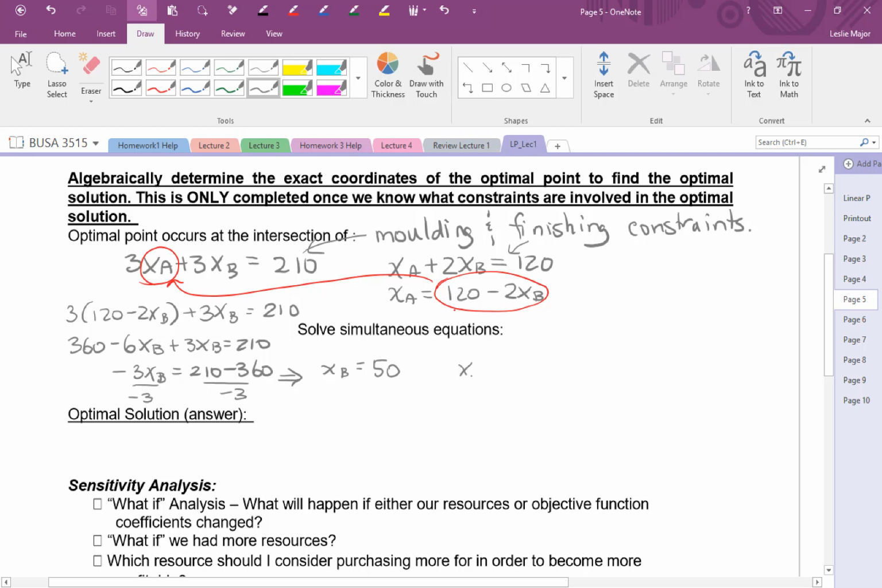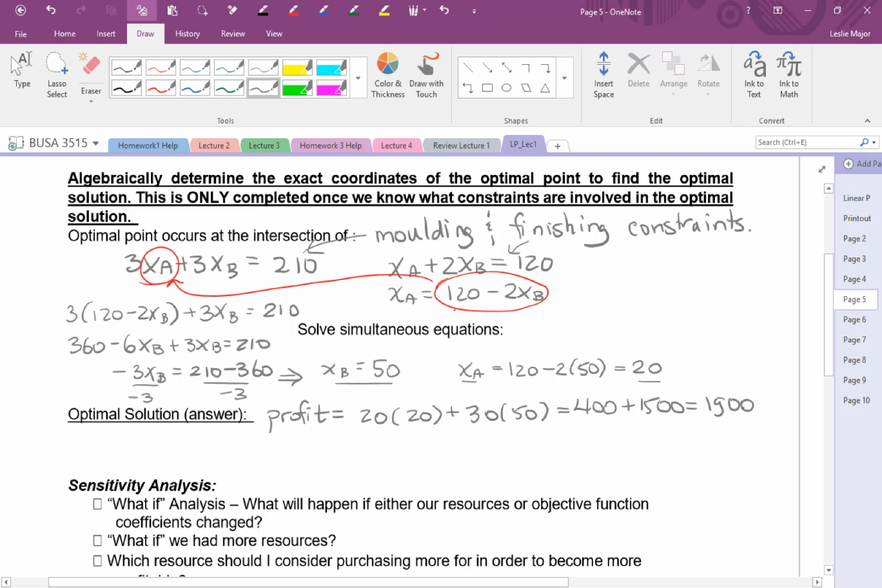And now XA, let's see what we get there. It's going to be 120 minus 2 times XB, which is 50. This gives us 120 minus 100, which gives us 20. So our optimal solution is when XB equals 50 and XA equals 20, and that gives us a profit of the following: 20 times XA, so 20 times 20, plus 30 times XB, so 30 times 50, which gives us 400 plus 1,500 gives us